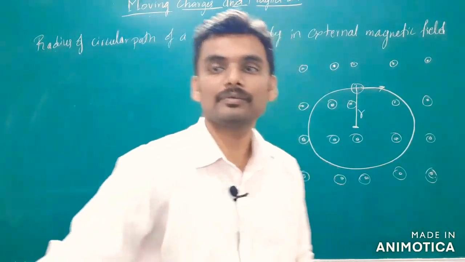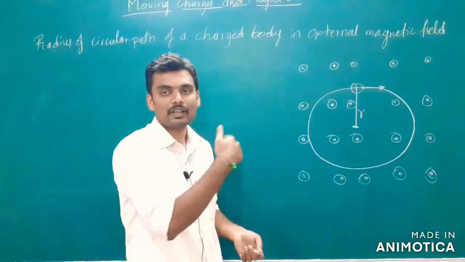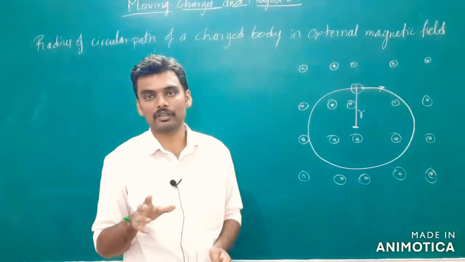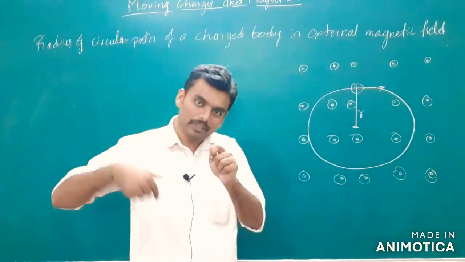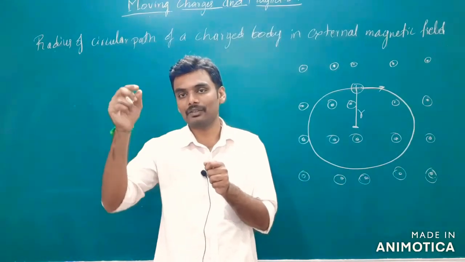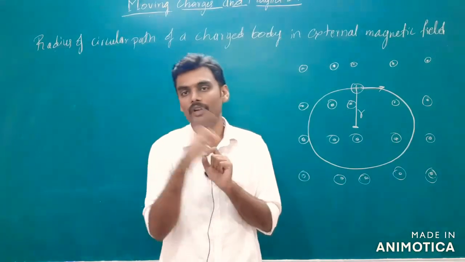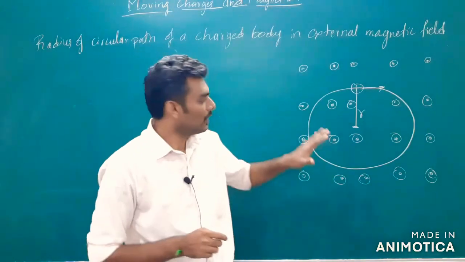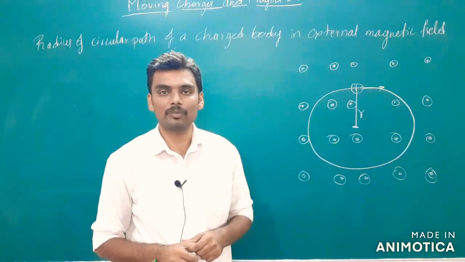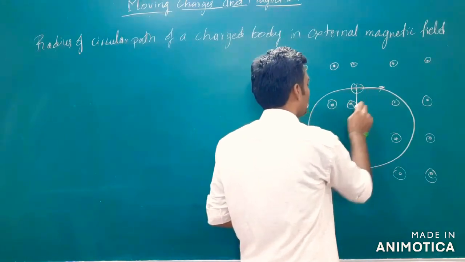As I say, whenever a body is in a circular path, it requires centripetal force to keep the body in the circular path, right? When a thread is tied to an object and rotated, it's the tension in the thread which provides the necessary centripetal force. And in this situation, which is the force providing the necessary centripetal force? Look at that, the force which is always towards the center.